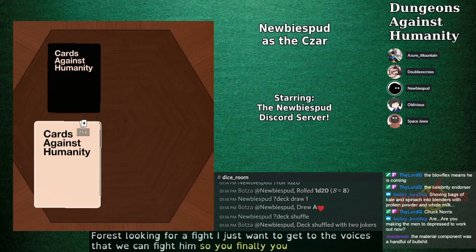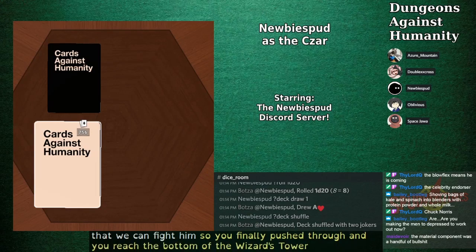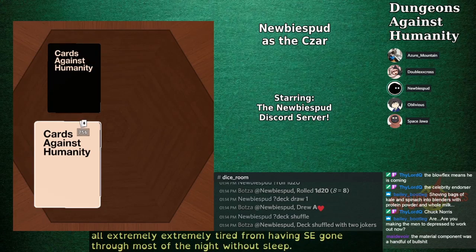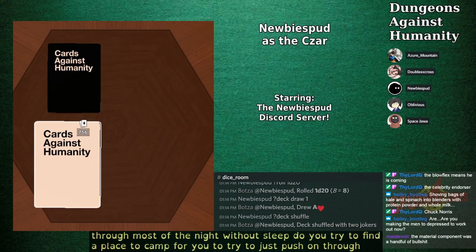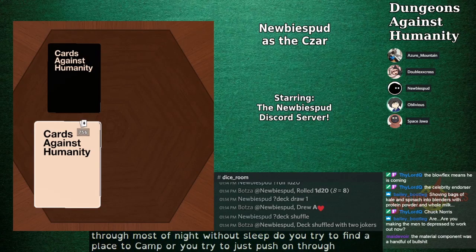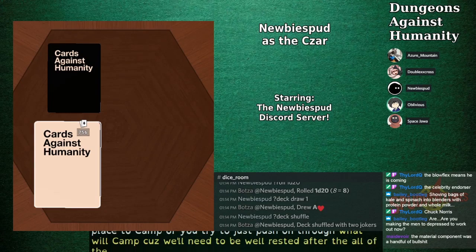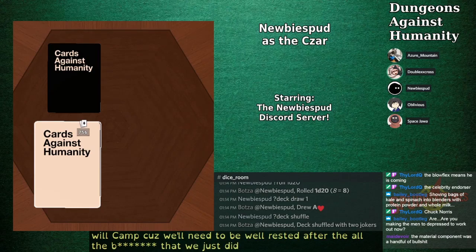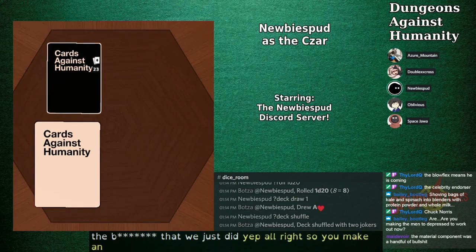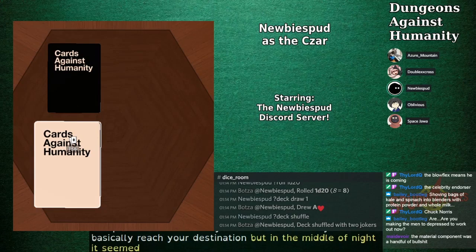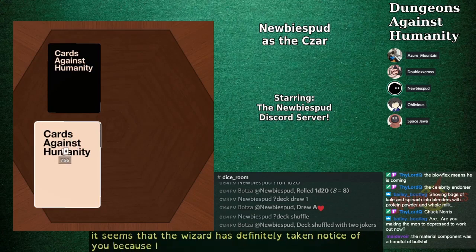So you push through and you reach the bottom of the wizard's tower, but you were all extremely tired from having basically gone through most of the night without sleep. Do you try to find a place to camp, or do you try to just push on through? Well, we'll camp because we'll need to be well rested after all the bullshit that we just did. Yep. All right, so you make camp some distance away from the tower, but you've basically reached your destination. But in the middle of the night, it seems that the wizard has definitely taken notice of you, because in the morning,